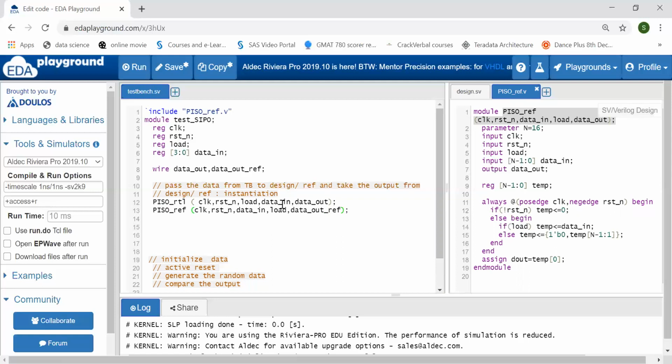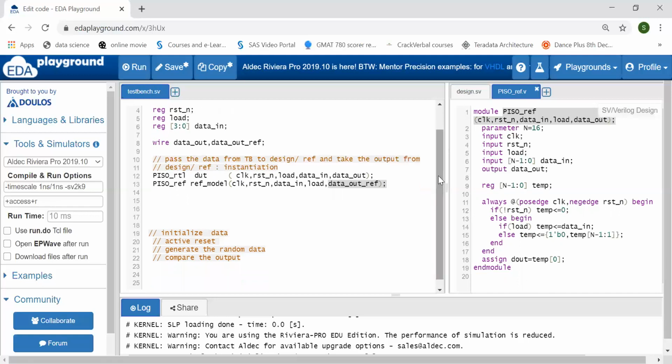Let one name be DUT and the other be reference model. Now you can see I am giving the same inputs to my design as well as my reference model. DUT means design under test. So clock, reset and the same inputs: load, data in. Outputs are different: data out and data out reference. I'll be comparing these both outputs.